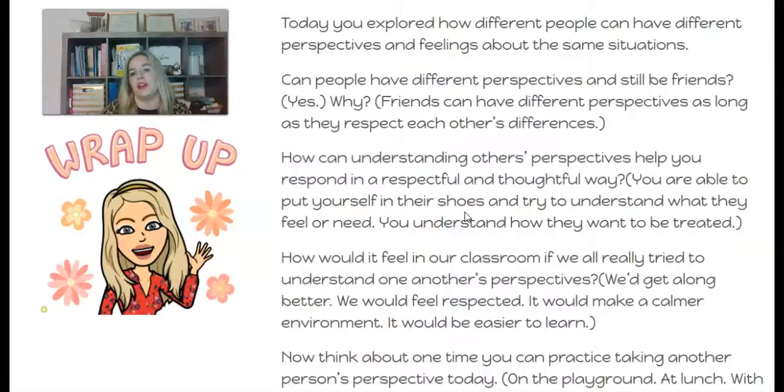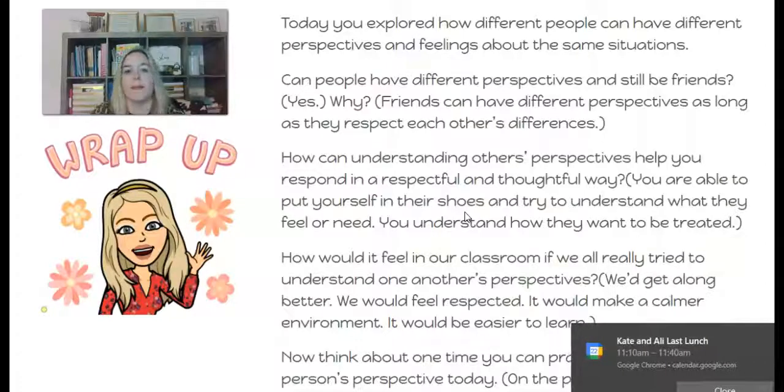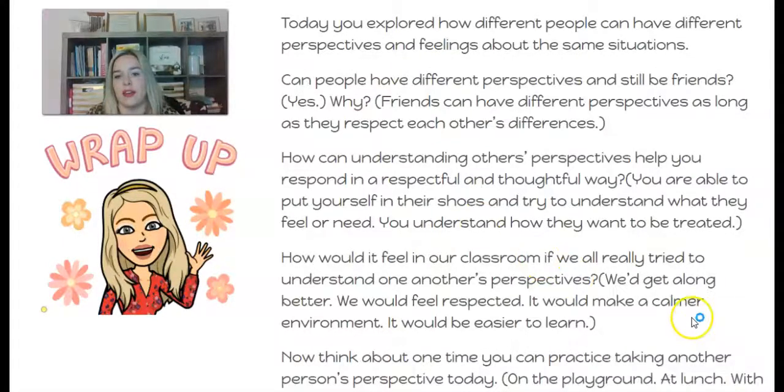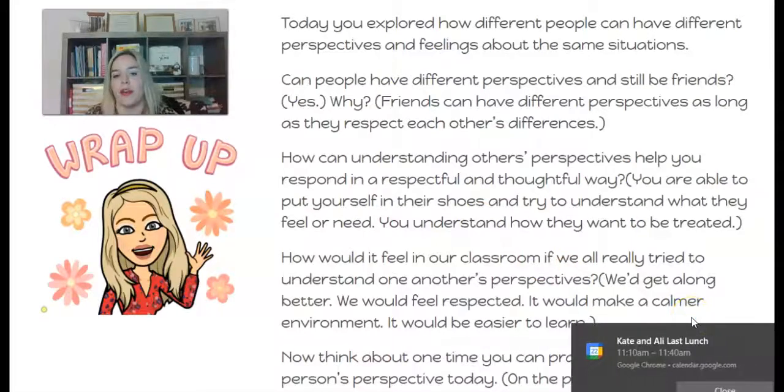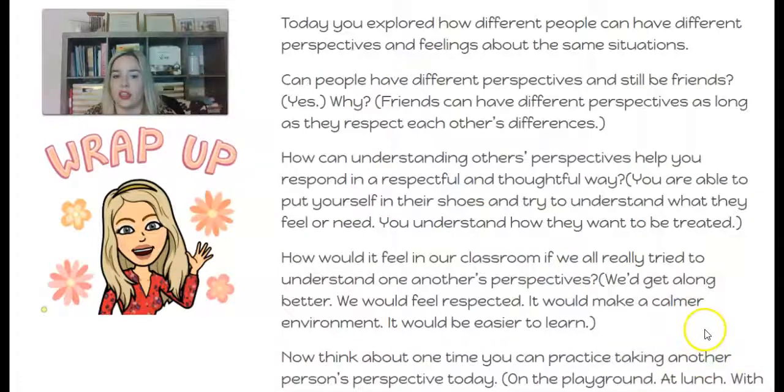How would it feel if in our classroom we all really tried to understand one another's perspectives? We'd get along better, we would feel respected, and it would make a calmer environment, and it would be easier to learn. Now think about one time you can practice taking another person's perspective today. On the playground at